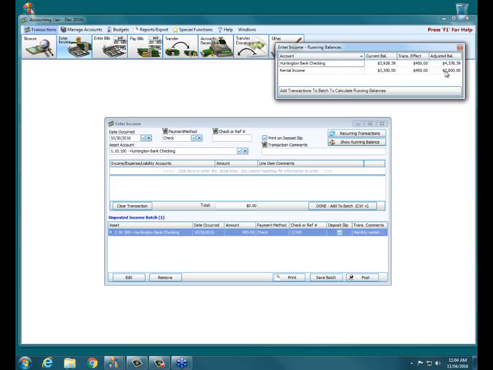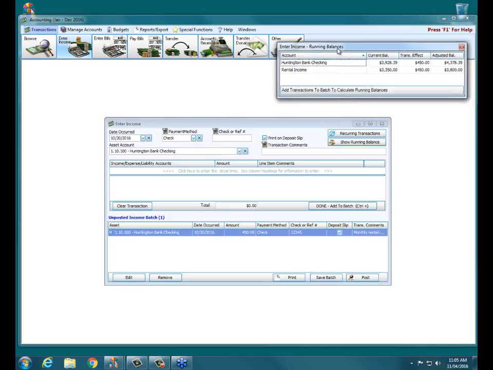As I like to tell folks on my support calls, churches and users that use this running balance window and pay attention to what it tells them generally have fewer problems, either on reporting or, more commonly, on the bank reconciliation. So yeah, use that running balance window. It will help. You can look and see what the account balance looks like before you post it, and then you go, oh, that doesn't look right. You can come back down and revisit the transaction before posting it.